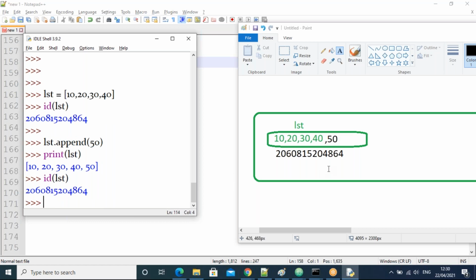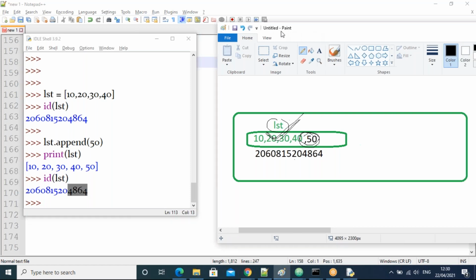What is the meaning of the same address? The same object only is modified, just data added. Suppose, guys, imagine some new address came here. What does it mean?